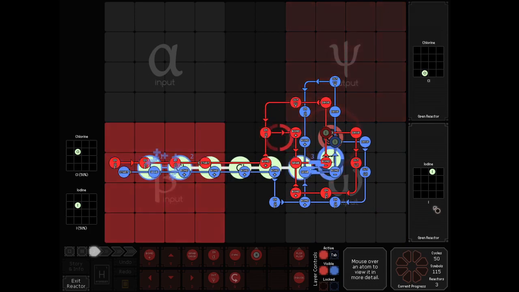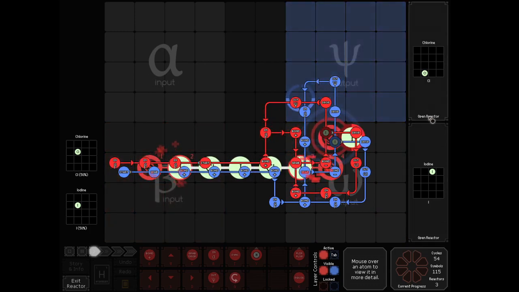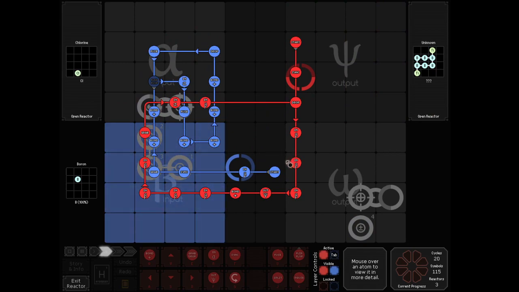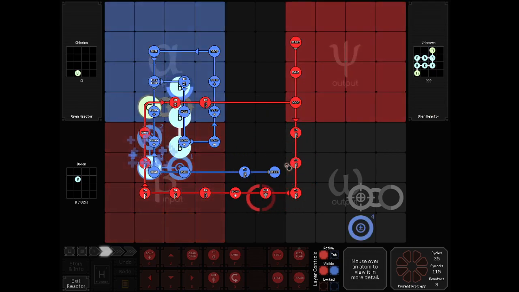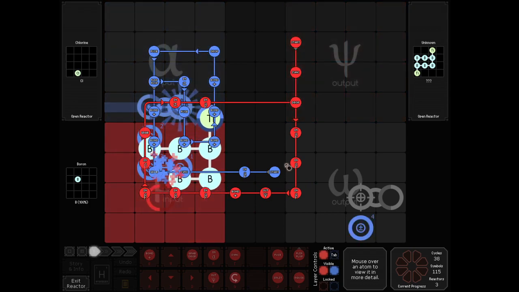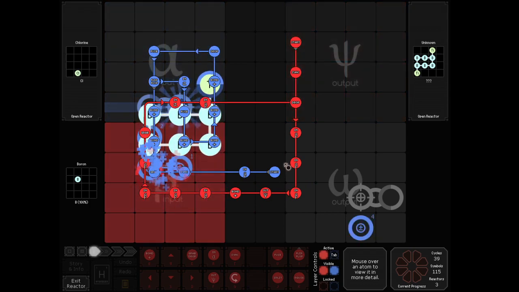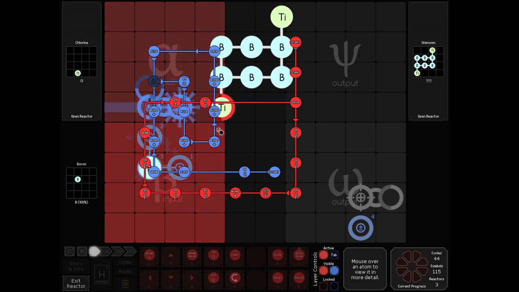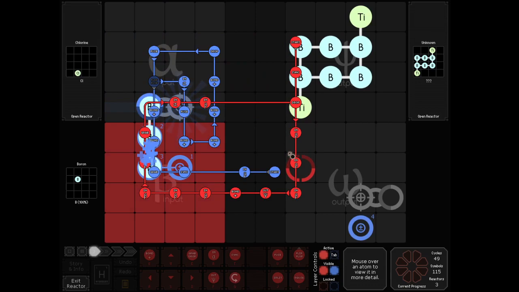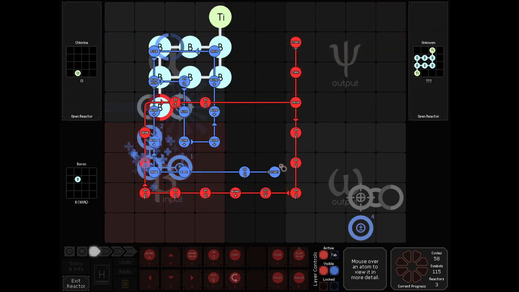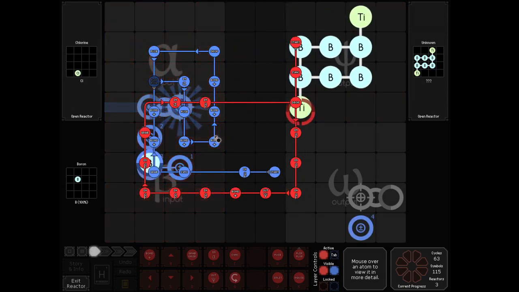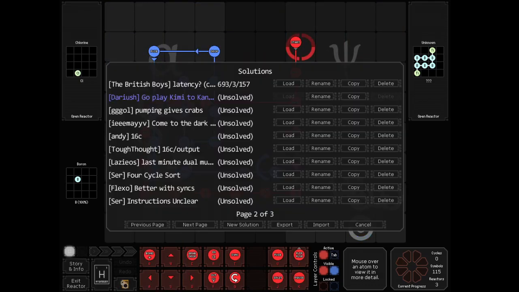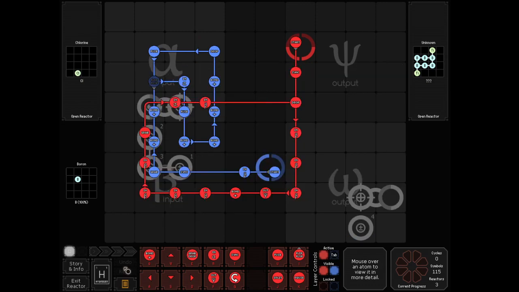So, and here we go. Next will be the chlorine into the boron reactor. And there we go. Boom, boom, boom. Again, we're doing the same thing as the previous solution with a slightly different layout, but we're going to build both the titaniums in the exact shape that we would expect. And yeah, that's basically it, with a handoff to make sure that we don't have to bother double pumping unlike the previous one. So that'll actually save a lot of symbols, I believe, over the previous. Yeah, 157 versus 115